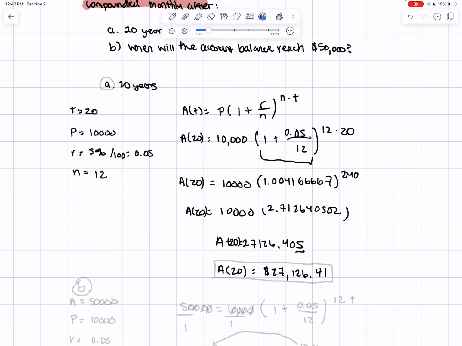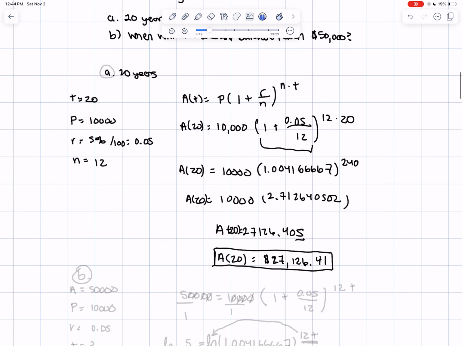If it's 5 or greater, it's going to round up. So we know that in 20 years, it would be about 27,000. But then when will it reach